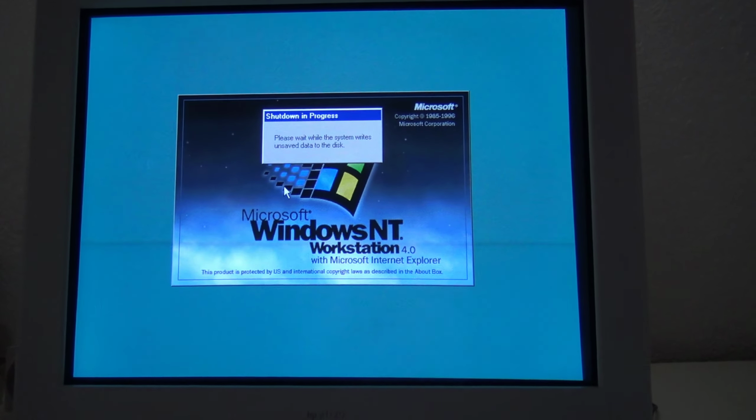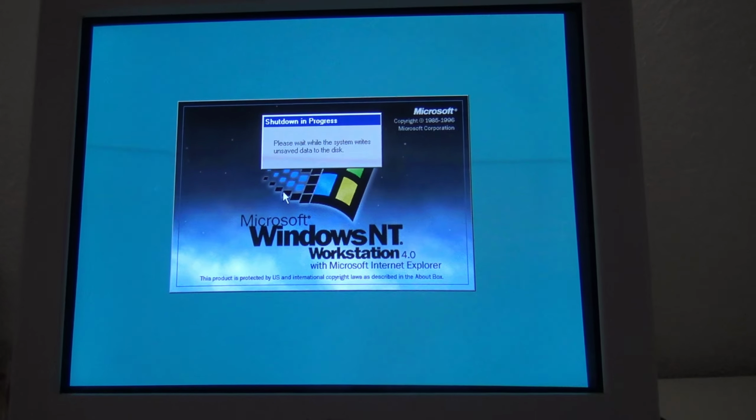Man, it's really dropping fast now. Let's see if it can shut off the computer this time. I guess not. Honestly, I don't understand exactly how it works, but